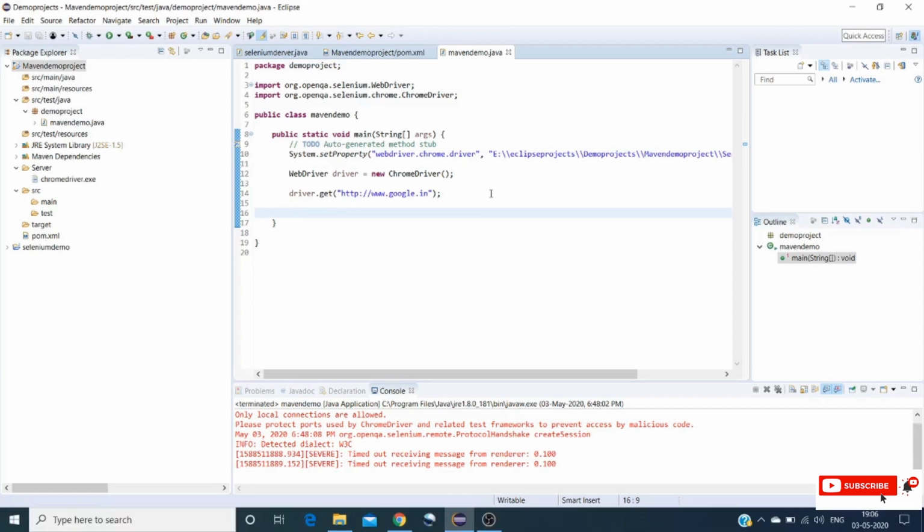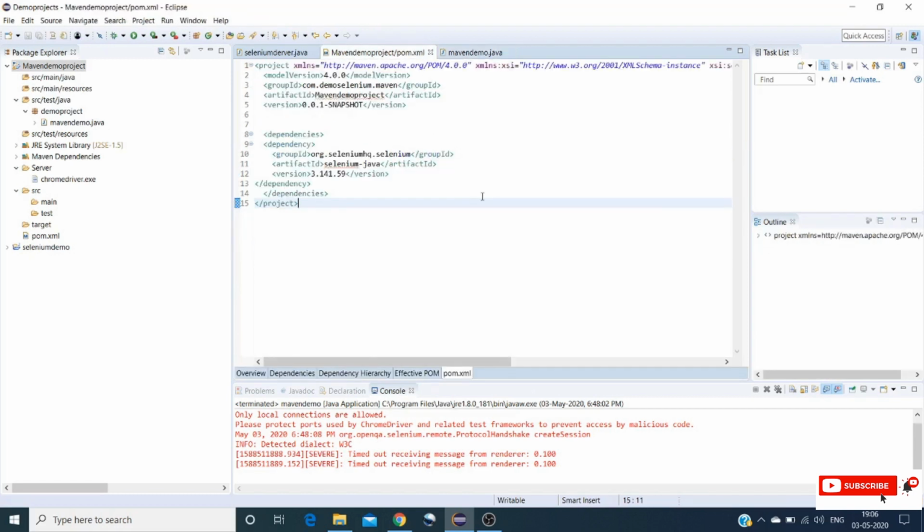Till now we have seen how to create a Maven project in the Eclipse IDE, and we have created sample code to launch a Chrome browser to launch a website, and we have set up the dependencies in the pom.xml where it can download the latest jars and store them in the Maven dependencies. The advantage of the Maven project over the Java project is that it is easier to manage the versions of our jars, where we can directly change the versions from here.